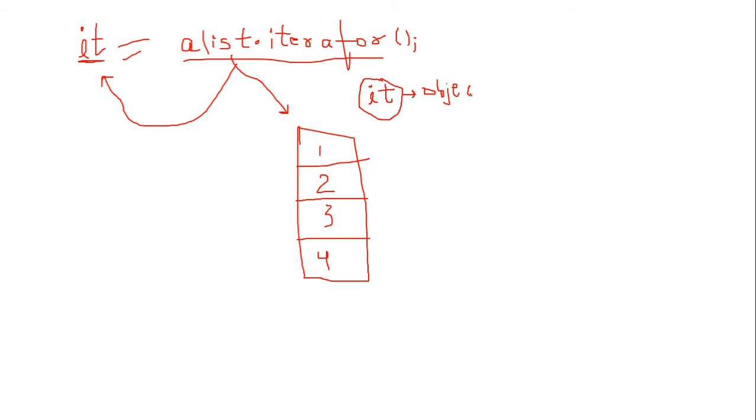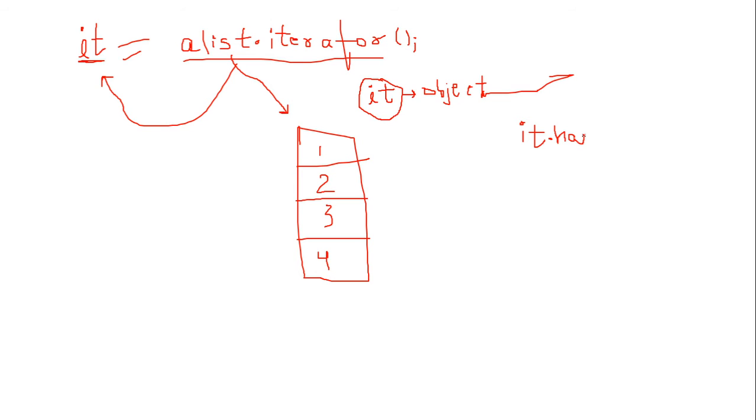So here this object will provide you 2 methods, which will help you in retrieving the values from the array list, and you will be able to print the output of the array list in your console. So okay, it has 2 methods. First, you know that with the help of an object we can call a method. So this is the object, and it has one method called hasNext.